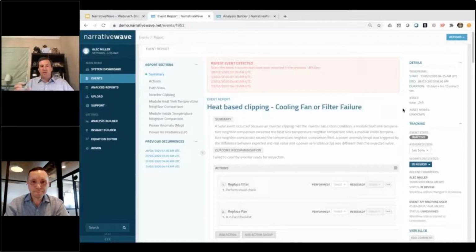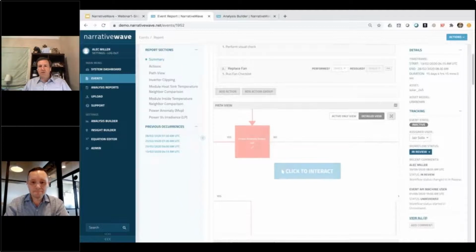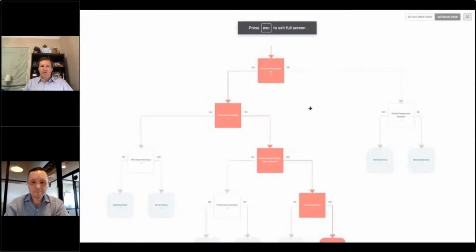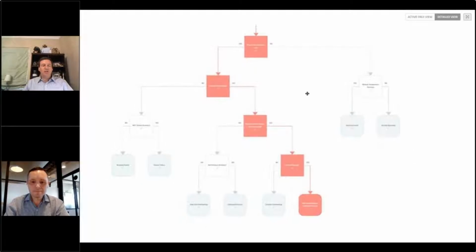Okay, so first let's take a look at what steps you might want to put together as a best practice to do this yourself. Let's show what this analytic looks like, and I'll back out a bit, and you can see here that we've displayed this analytic visually. The point here is that there are different flows that can happen through these different boxes, and each box is an equation or an analytic or a test of some type.